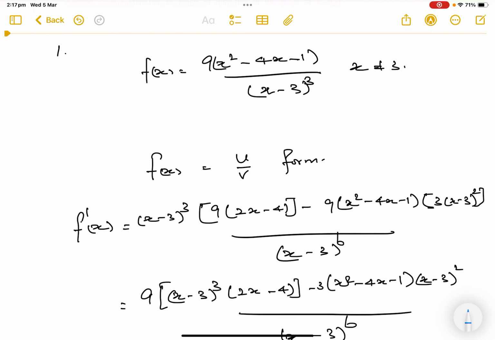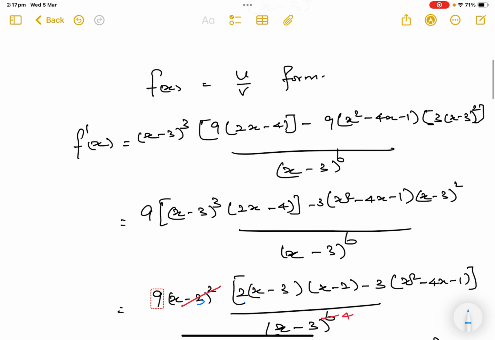f(x) is given, it's a quotient function: the polynomial 9 times (x squared minus 4x minus 1) as numerator, (x minus 3) to the power of 3 as denominator. So it's f(x) in the form of u over v. So the differentiation of the u over v format is